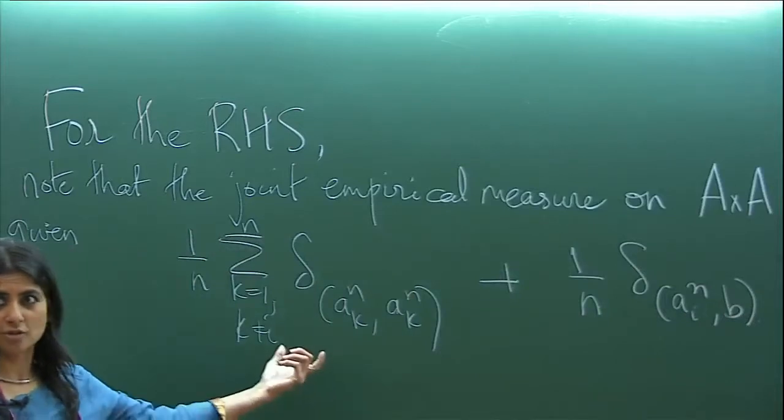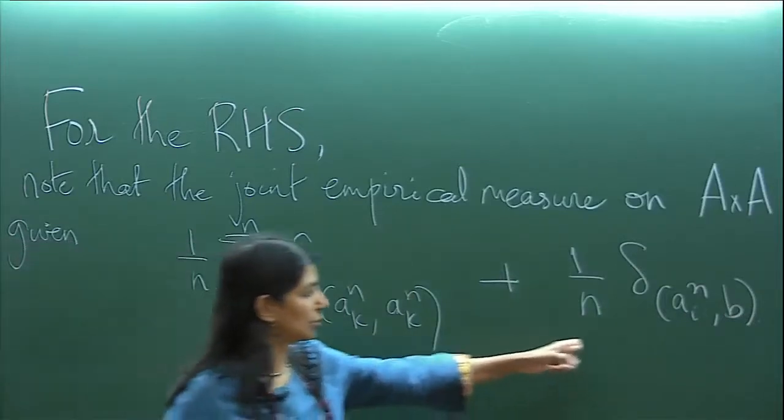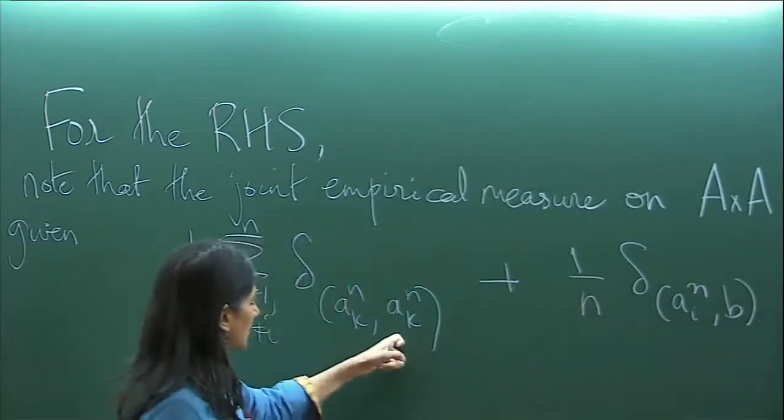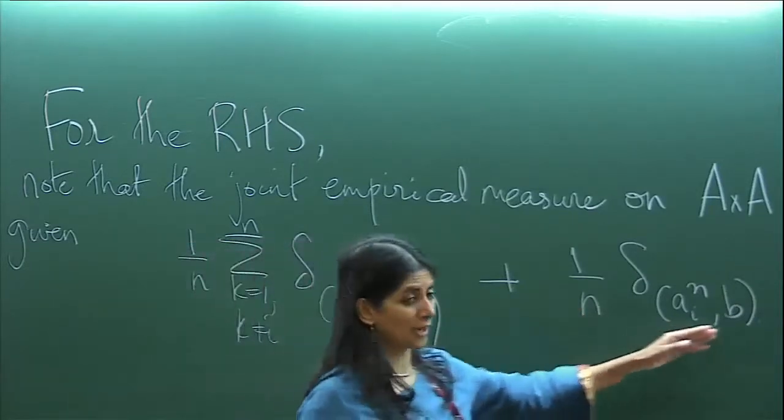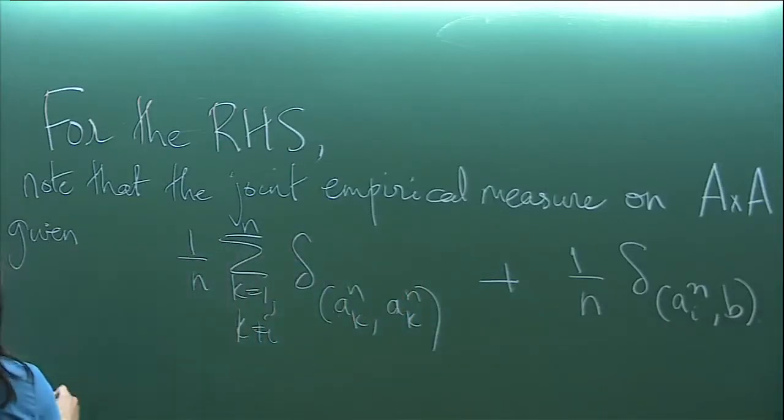This is the joint strategy empirical measure. The first coordinate is the original one where we don't change A_i. The second one is all the same except for A_i, which we changed to B. Okay, but this is a coupling